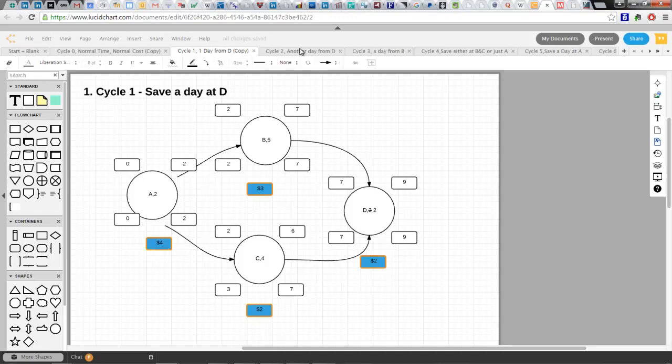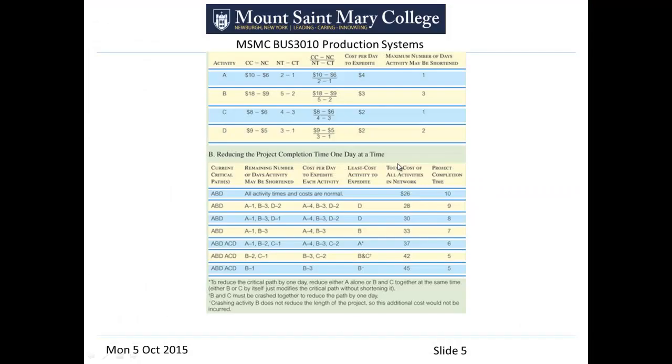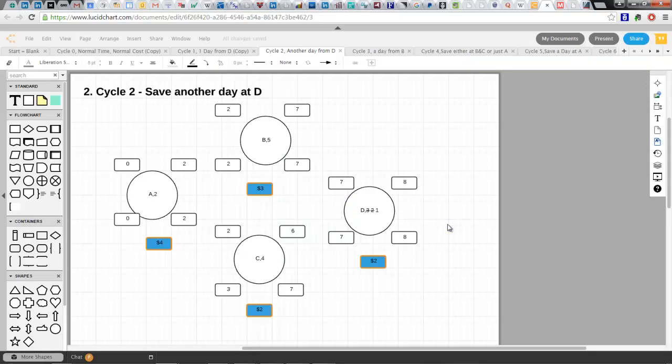So the next chart's going to show we buy another day from D for $2. And I'm going to show you that a little bit more clearly. So that's where we were. We had shaved it down to 2 days, and now we're going to shave it down to 1 day. Take another day off there, and notice our finish time came in by a day. Now we're down to 8 days. That's the 8 in this chart here. That's how we got it. And that's how it looks. This is how it looks